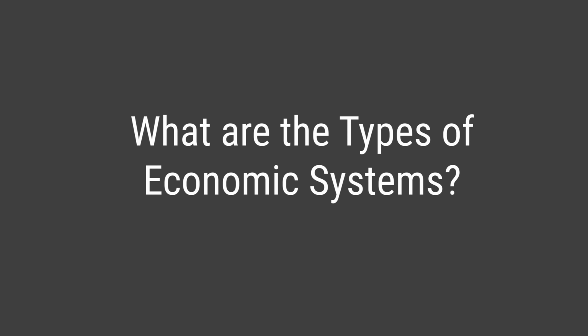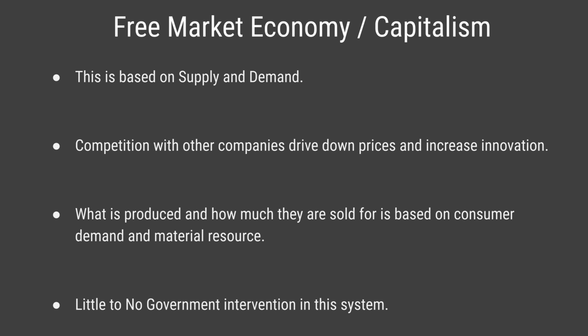So now with those definitions and some of those truths about an economy in hand, let's look at different types of economic systems that countries have used throughout history and also currently today. The first type of economy that we're going to look at is called a free market economy. It's also known as capitalism. And a free market economy is based on supply and demand. And what this means is